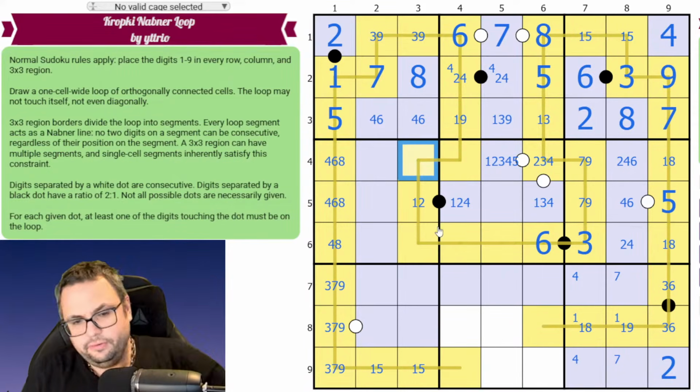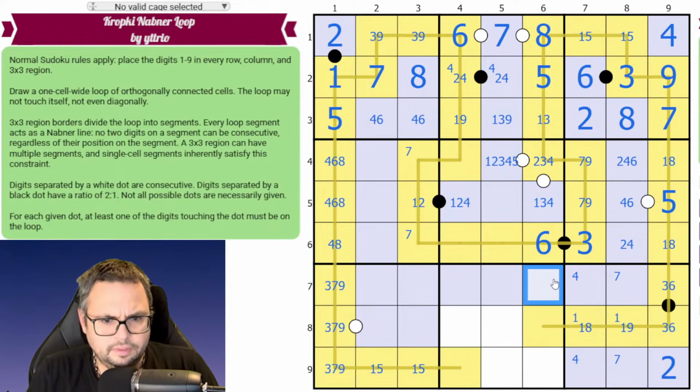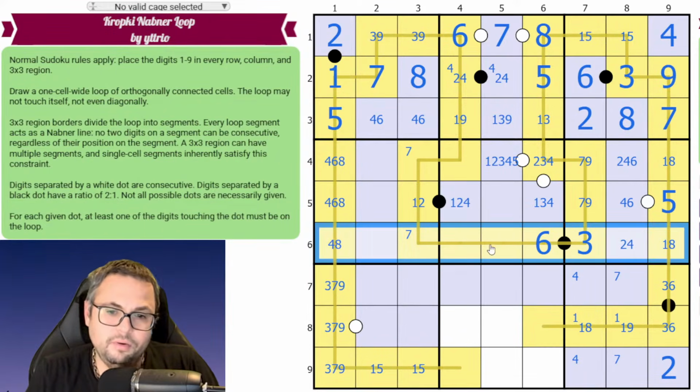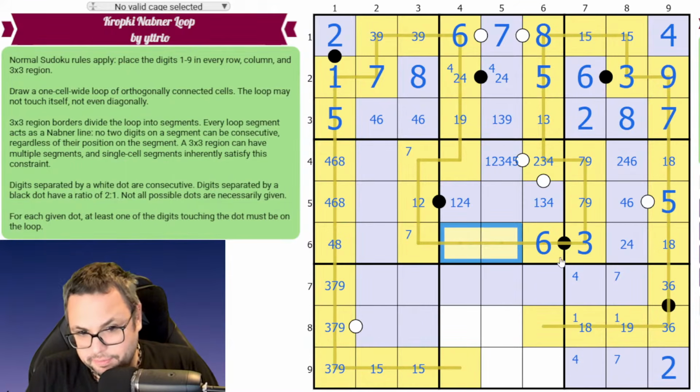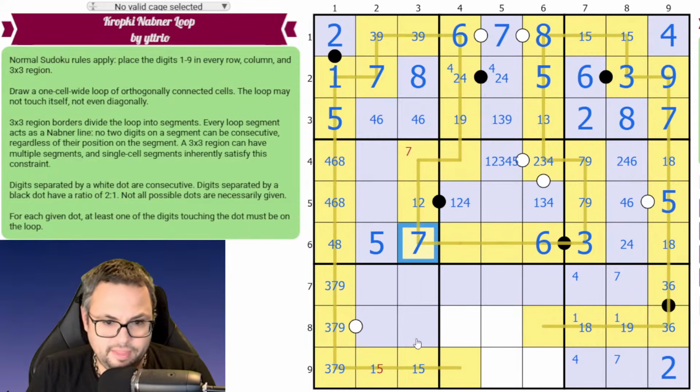I don't see it yet. I do see that one of these 2 digits is a 7. So there's no 6 or 8, but I already knew there was no 6 or 8. Oh, right. Sorry. This is a 6 on a Nabner, so these can't be 5 or 7. Right. Okay, yeah, that's a good point. So 5 and 7 in this row can't go with the 6 on the Nabner, so the 5 and 7 go over here, and we even know the order is that,